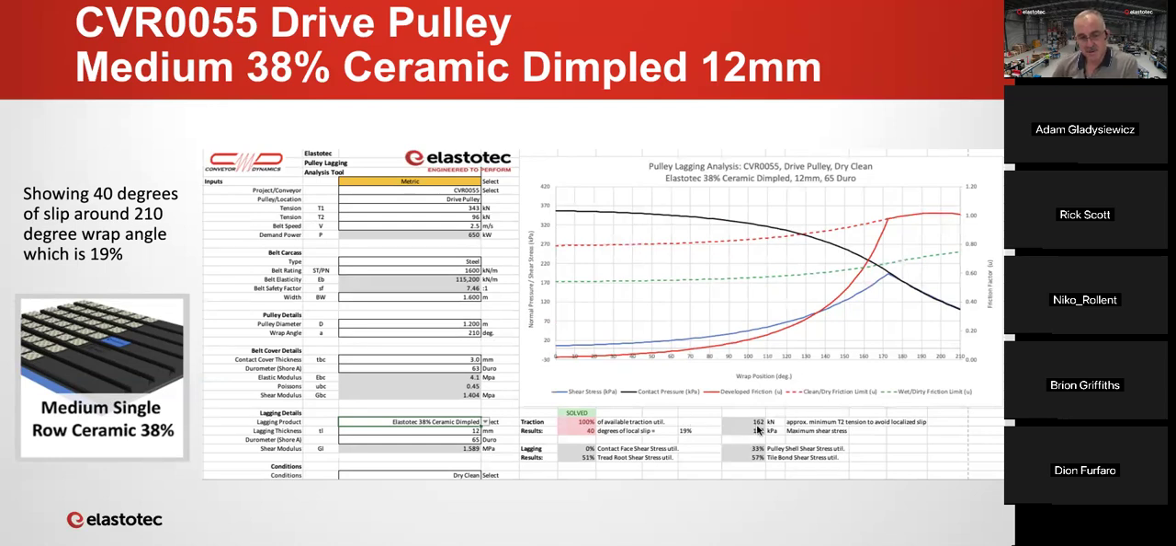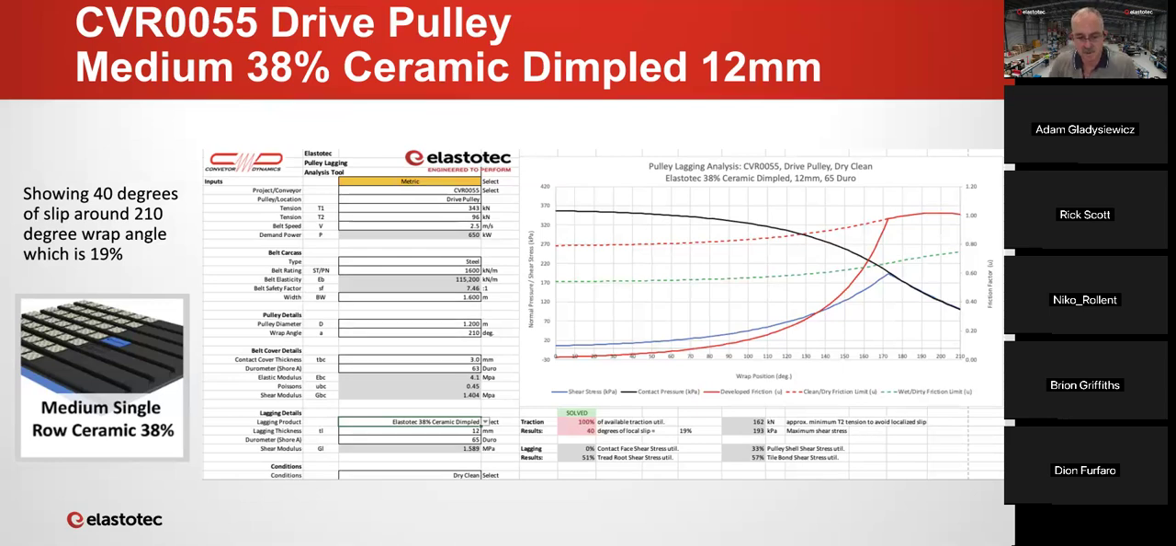I should have mentioned earlier on these two numbers here, the minimum T2 tension to avoid localized slip, and also the maximum shear stress. The minimum T2 is a theoretical number that would allow you, if we were, for example, to go from 96 kilonewtons T2 up to 162, this is telling us that this slip would be removed. The 193 kPa is the maximum shear stress between the lagging and the belt. This is an important